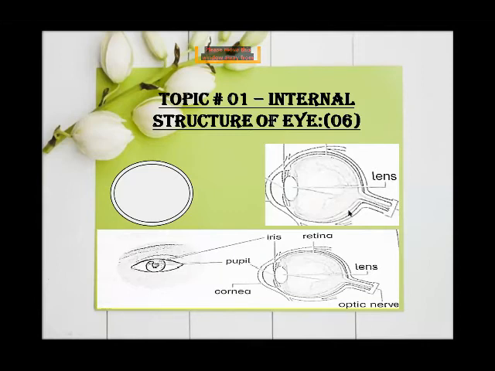Okay. Now, in the third step, you will make the shape of an almond. And then you will draw a circle inside it, and that is for the iris. Okay. You will draw this iris. This is the colored part of the eye. Iris is the colored part of the eye. And in the center of the iris, we will draw the pupil. It's a hole and it is covered by a transparent layer, the cornea.